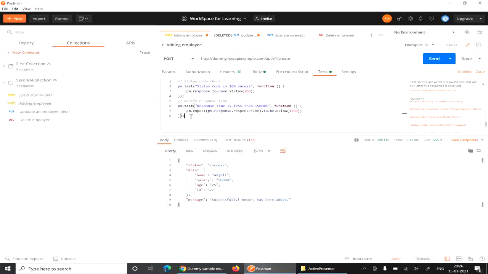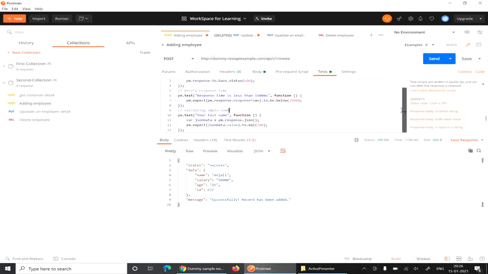Now we will check the response data. For that we also have a snippet. In Postman there are many snippets for validating your status code and your response body data. For checking the response body, we choose the response body JSON value check and click on that. We'll write validating employee name. Our employee name is Anjali, so it is equal to Anjali.